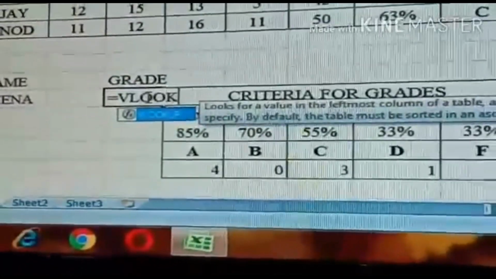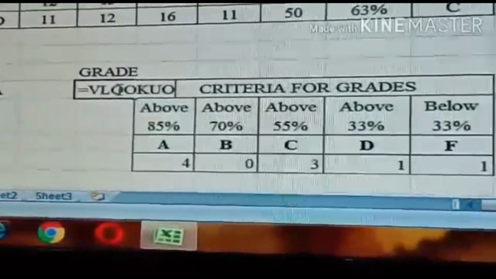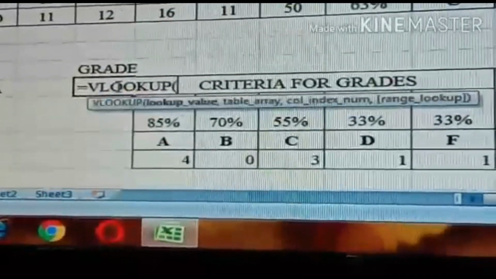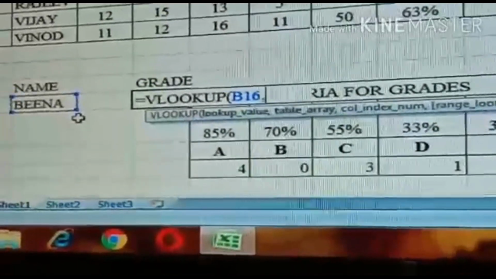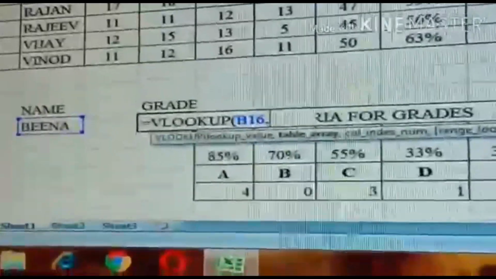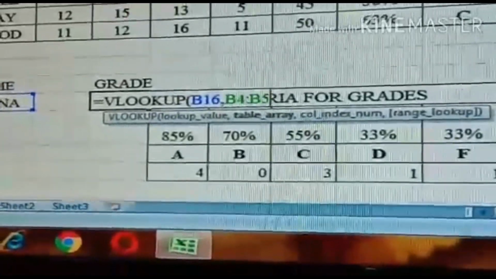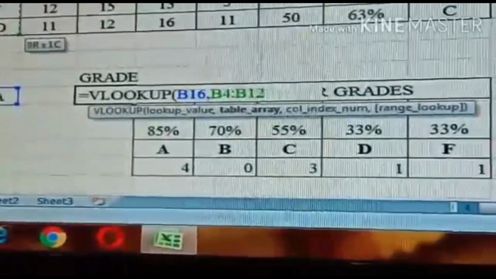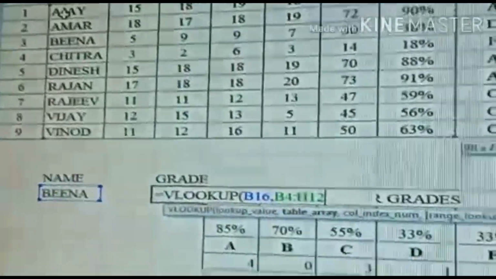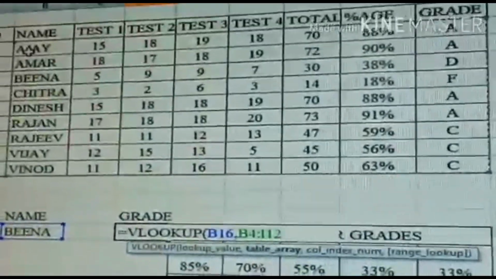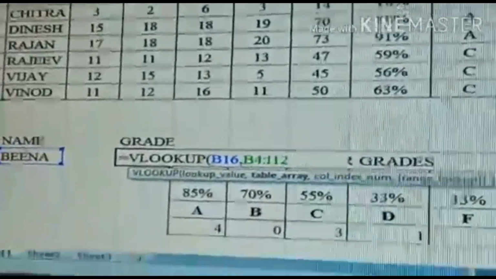Then write VLOOKUP, then open bracket, then the lookup value. For this, I am giving the cell address of the list created, that is B16. Then for the range, the whole table is selected. Then give a comma, then the index number.